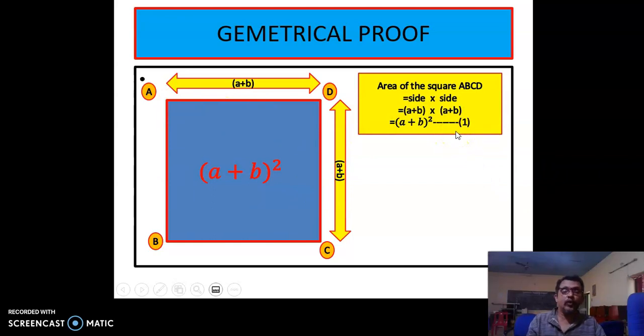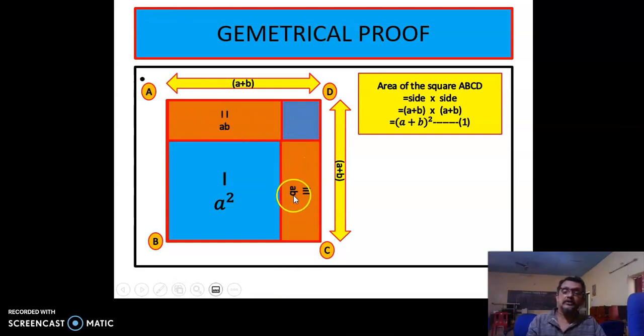Take this as equation 1. So now a plus b means some length is a and the next length is b. Let this be the length a. This is the first part. So this is a, this is a. So the area of this square is a into a, a squared. Now this is a rectangle. So this side is a and this side is b. So the area of this rectangle equals length into breadth, a into b. So the second part is a into b.